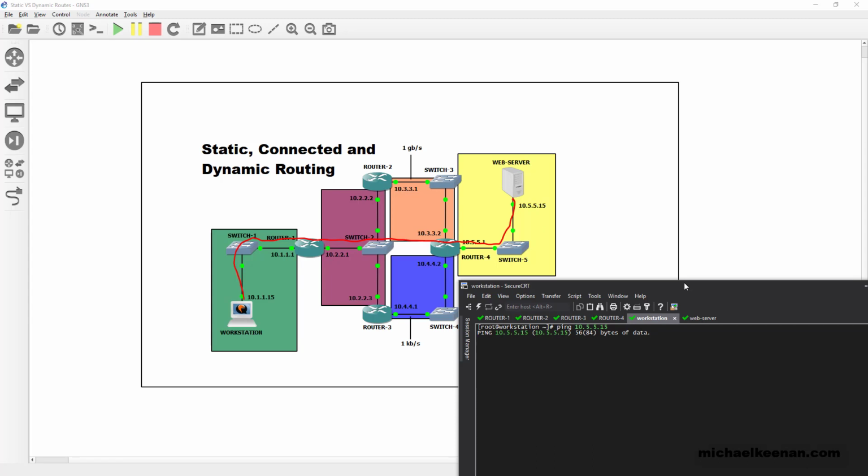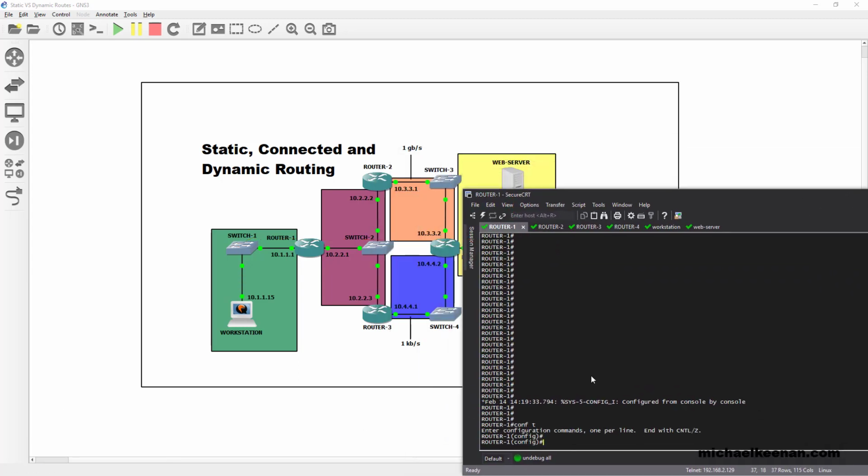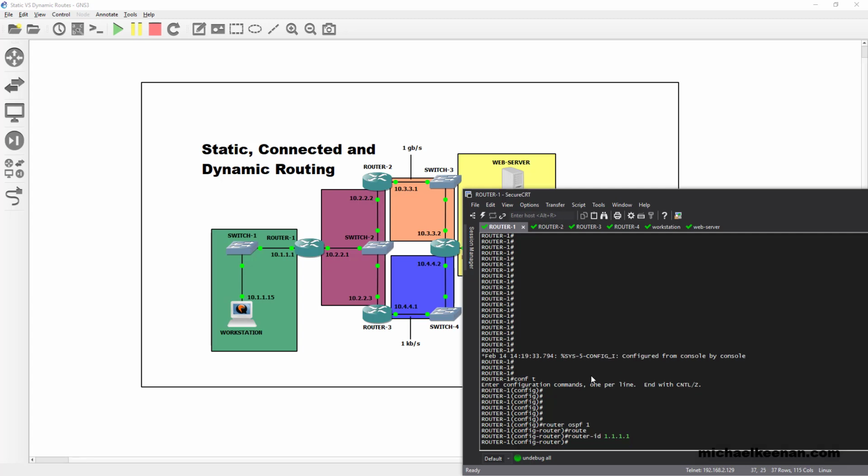We're going to start off by configuring dynamic routing using OSPF. We're going to start off on router 1. We're going to say router OSPF 1. We're going to give him a router ID of 1.1.1.1, and that's kind of a serial number. You can think of it as something that's going to be unique to the area, and that's going to be another term we're going to get to. The area that these routers are in. So basically his name is 1.1.1.1 for OSPF,